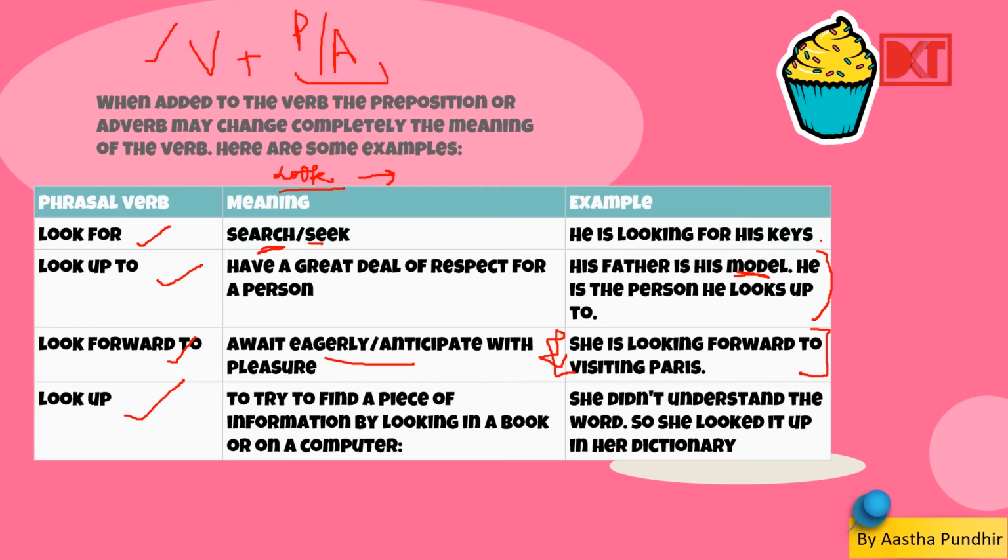Look up. Look up का मतलब try to find a piece of information by looking in a book or in a computer. Which means searching for something कई book में या computer में, look it up. जैसे we say usually आजकल Google it. So look it up on Google maybe. So कुछ information book पे या computer पे search करना, that is looking it up. So let's see here. She didn't understand the word, so she looked it up in her dictionary. Alright. So ऐसे ही हमने देखा these is the phrasal verbs क्या होते हैं, बस verb and either a preposition or an adverb. Very easy concept.